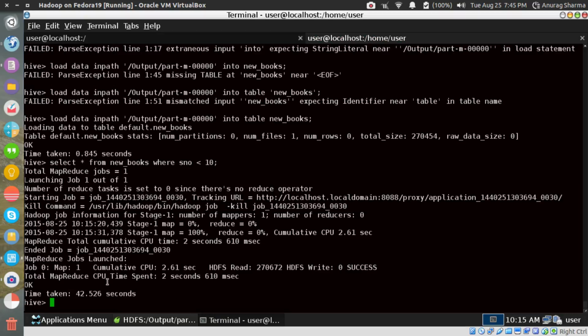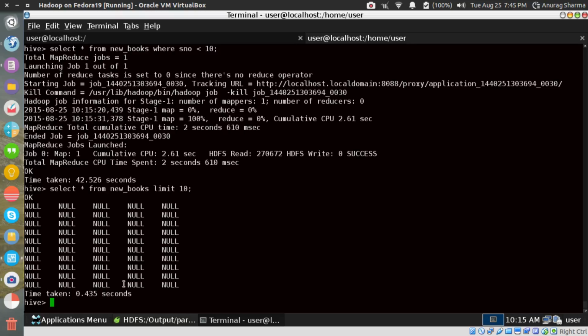Fine. What happened? Wow. The data didn't get loaded. Output part and into table new underscore books.